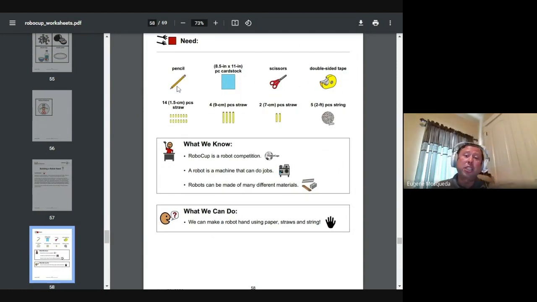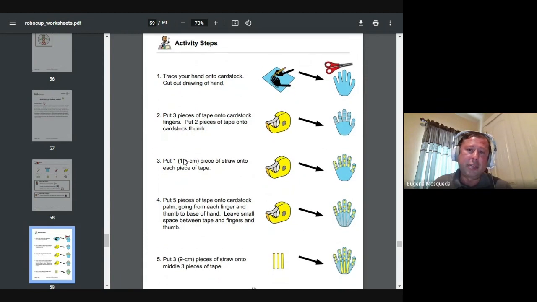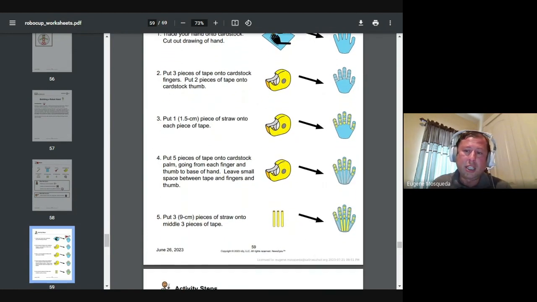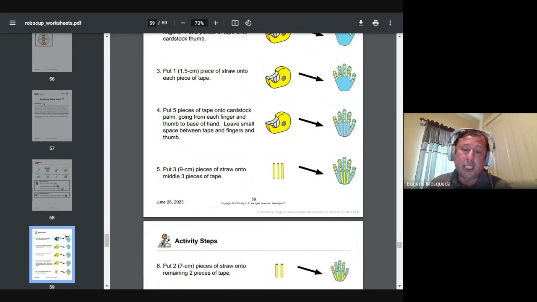And this information, you go over with the students. There's 8 things you need. So you might do some prep time to get this together, but they talk about robots and a competition. And then they give you very clear activity steps. And so this is the downloaded piece. So what I do is I print it out and give it to the students and we follow along. But then there's also the interactive board piece, which I'll show you in a second.